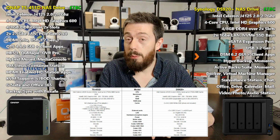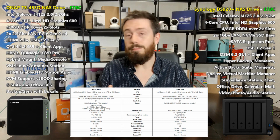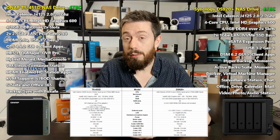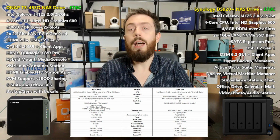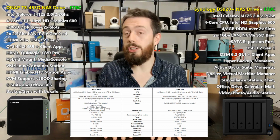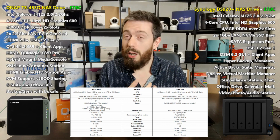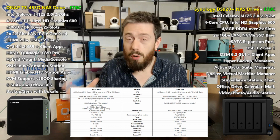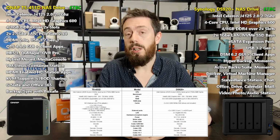You've got those 2 times 2.5 GbE ports. You've got 5 USB 3 ports, which is always handy. You've got HDMI 2.0, which allows 4K 60 frames per second direct output, with the QNAP even arriving with dedicated software allowing you to install apps and have its own graphical user interface, its own GUI over HDMI. And that includes their own first-party apps, as well as Plex, and you've got Kodi unofficially, as well as Surveillance, LibreOffice, Chrome, all kinds of applications, both official and unofficial, that can be run on this device, utilizing that